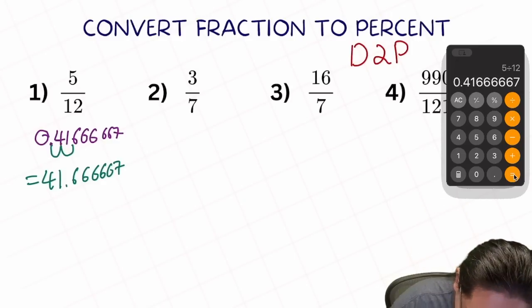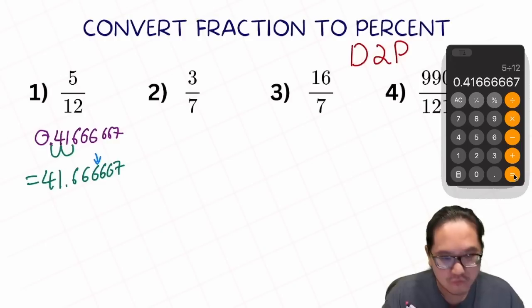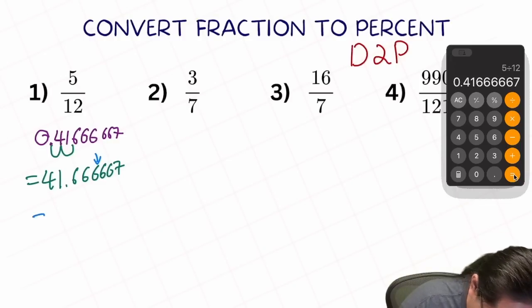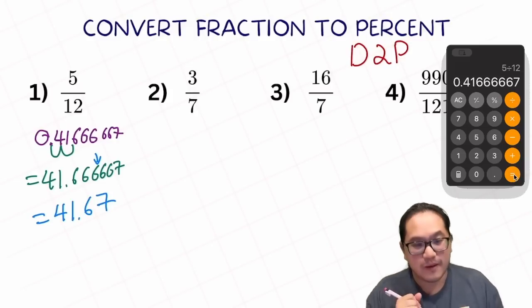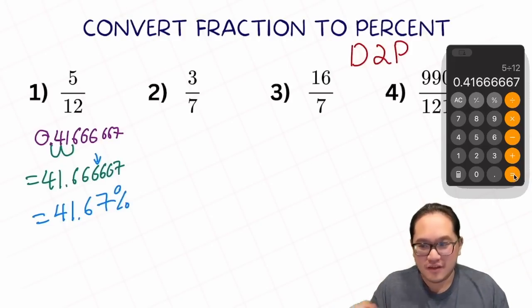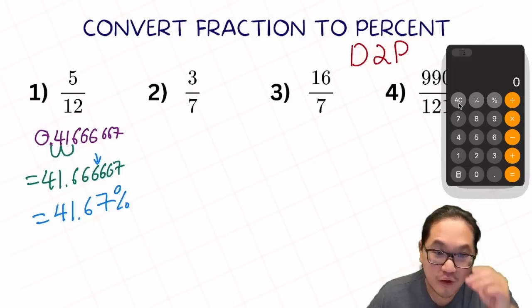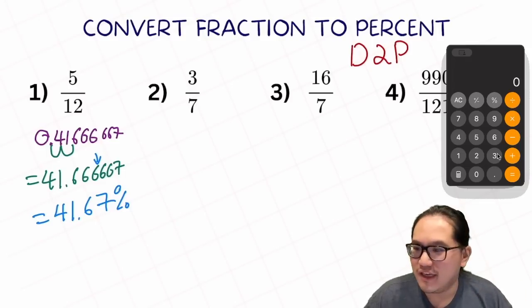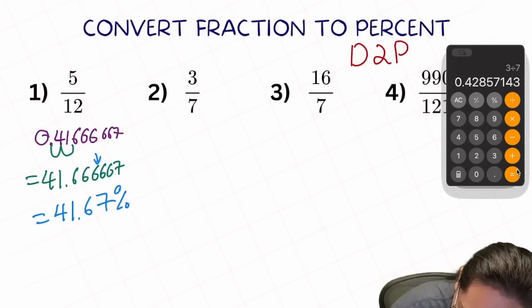So let's find our thousands unit, which is right here. We know that it's more than 4, right? So we know that that will be rounding up. So if we round up, your answer will be 41.67%. Super easy. So let's move on to the next one. The next one we have 3 over 7. Using our handy dandy calculator again, 3 divided by 7, we will have